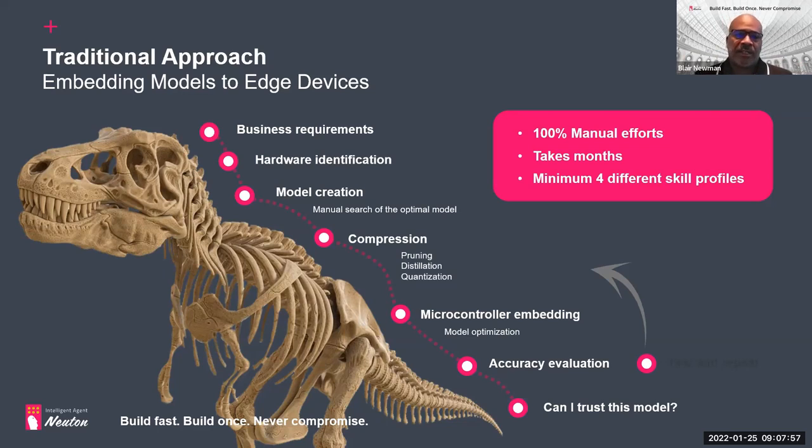And one of the things I like to show here is that not only is it an extremely manual process, but it also can often take an extremely long amount of time. So if you're a business user and you're worried about time to market, that's one of the areas you have historically had to be concerned with. And then, of course, once you produce that model, you need to think about, hey, does the model perform as expected? Can I trust this model? And oh, by the way, when will I know if that model may begin to decay along the way, so that you can potentially retrain it?